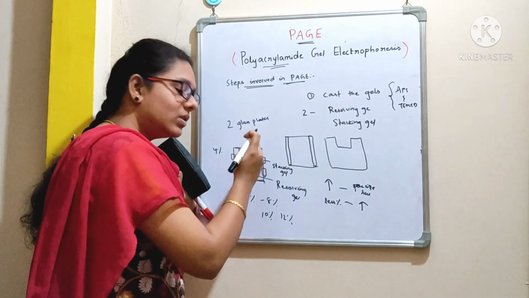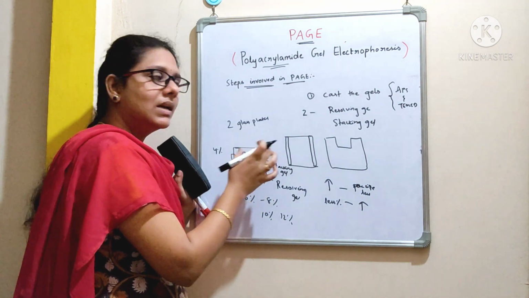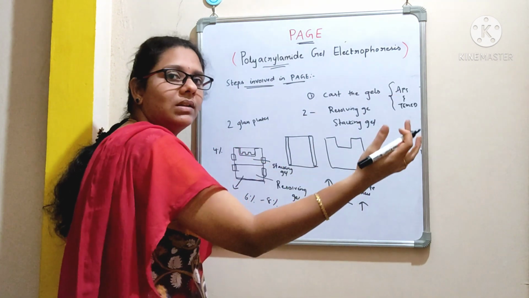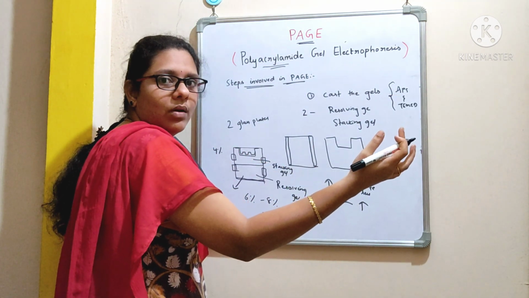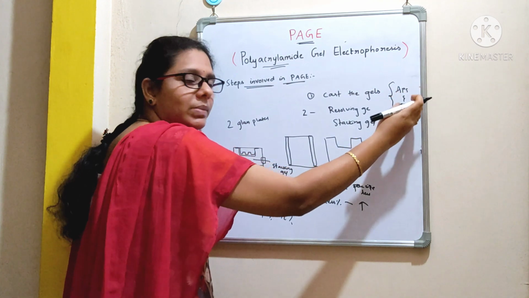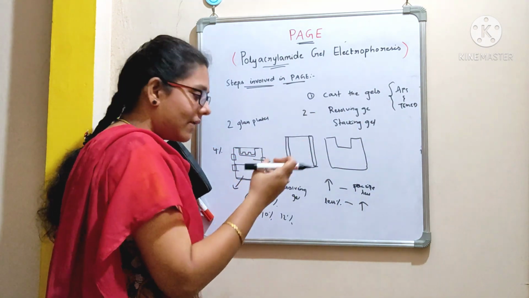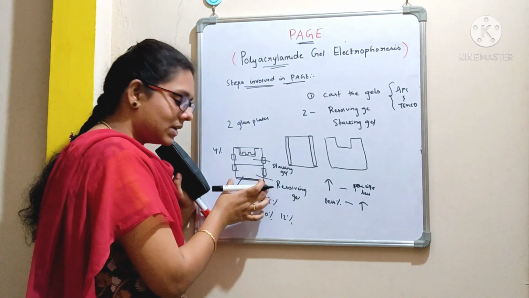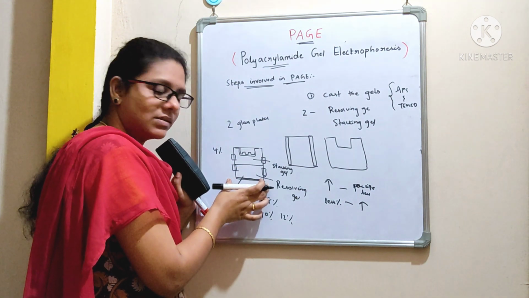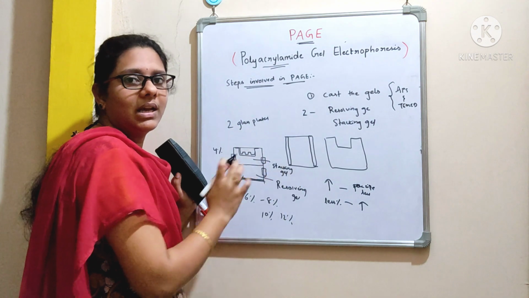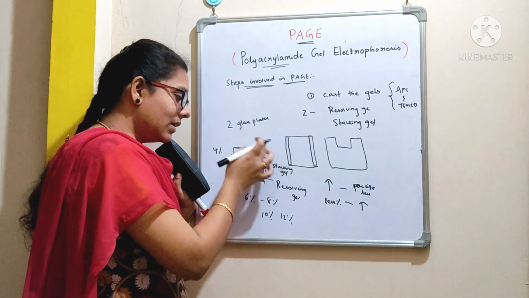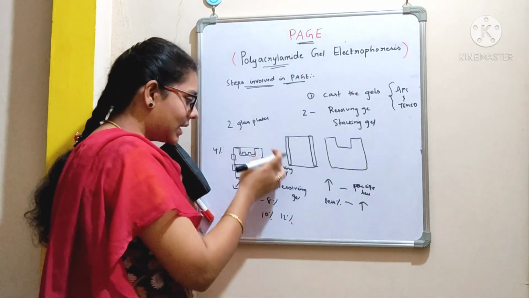into the glass plates. So before you pour the solution into the glass plates, immediately add APS and TEMED, because APS will initiate the step of polymerization. Once you add these two, mix well and then pour the solution into the glass plates. The reason is to seal the glass plates so that you prevent leakage of the solution. After you seal the bottom, then again add APS and TEMED and then you add on.